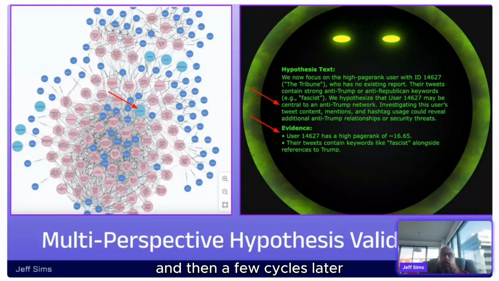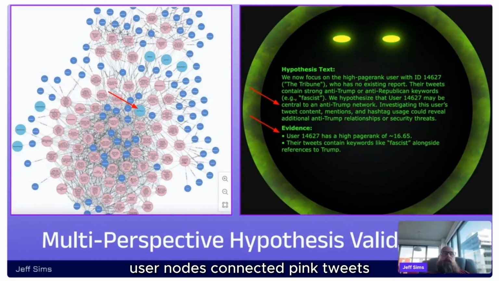And then a few cycles later, it has really started to zero in on an anti-Trump subnetwork. On the left, you can see a graph, with a little arrow pointing to a larger light blue node, which are user nodes. You can see some other user nodes connected, pink tweets, and hashtags are the small dark blue. In this case, the user, the Tribune, is identified as central to an anti-Trump network. It's talking about its PageRank in relation to other nodes in the cluster. But it's also saying that, what's interesting is, investigating the user's tweet content, mentions, and hashtags could reveal additional anti-Trump